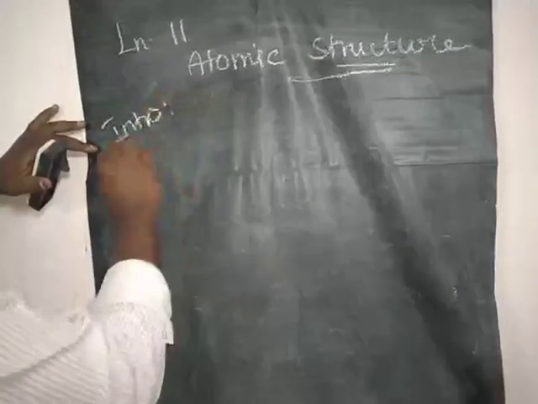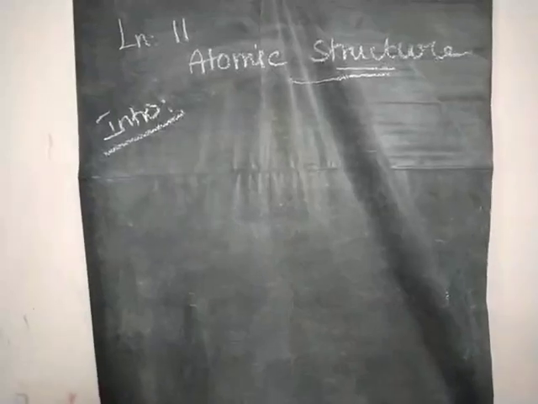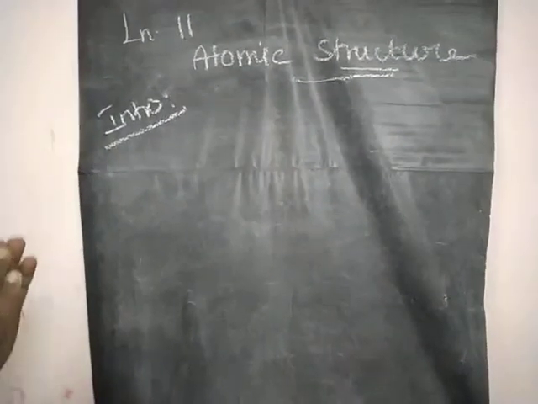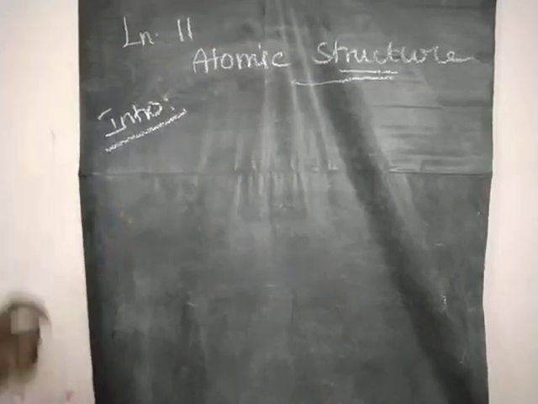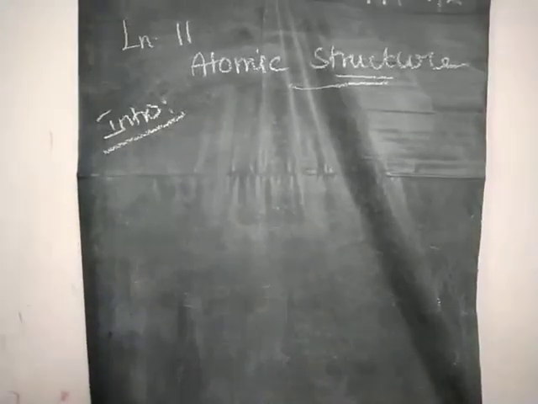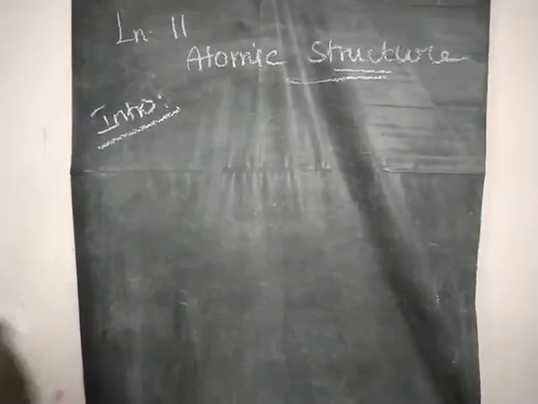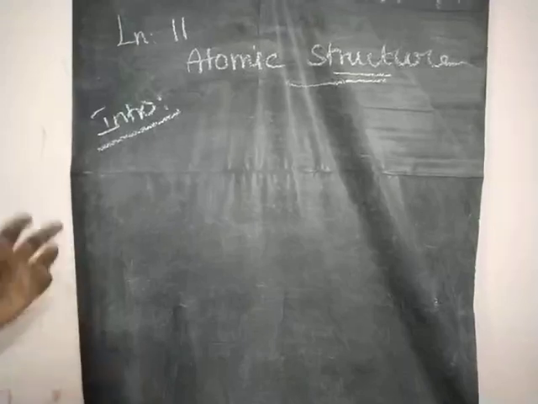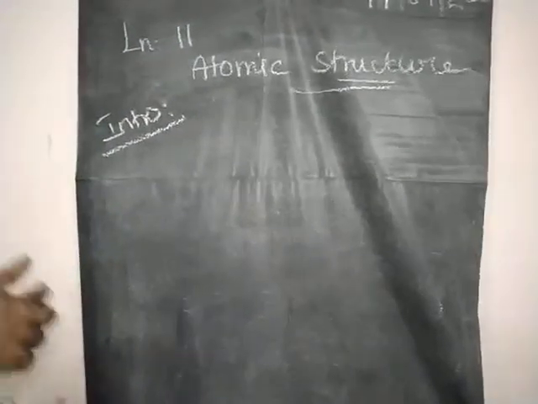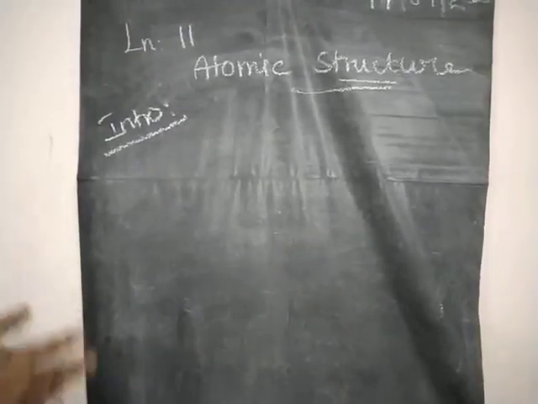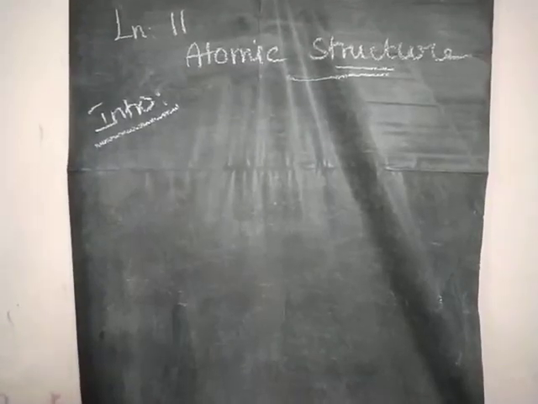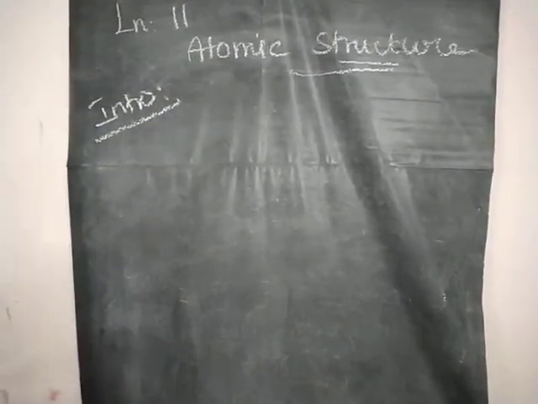Introduction. Suppose we buy and give a small toy to children. What will they do? Immediately they will open the toy and search for what parts are present inside. In the same way, scientists took one atom and tried to find out what particles or things are present inside the atom. In this way they started doing experiments. They found many models, and all these models are called atomic models.